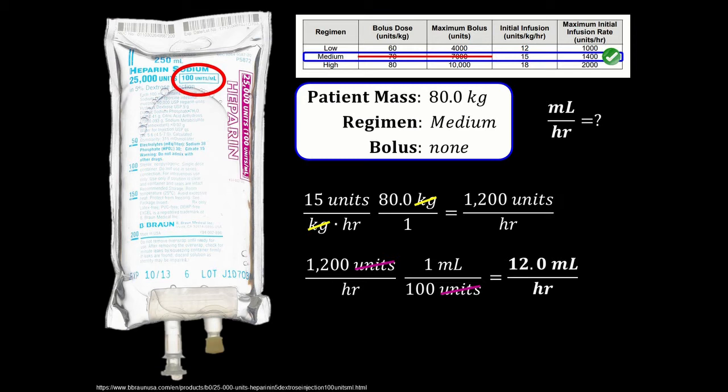One mistake that has happened in the past is where the doctor orders it for just 80, not specifying that it was kilograms. The one example I'm thinking of, it was for a very small, elderly person, and they weighed 80 pounds, not 80 kilograms. And it wasn't clear, was it pounds or kilograms, but the doctor meant pounds, and the pharmacist and